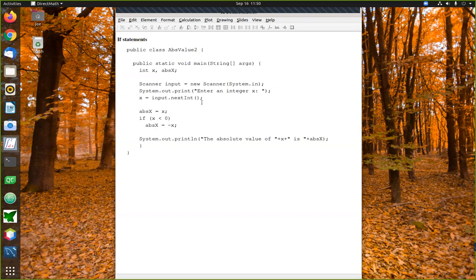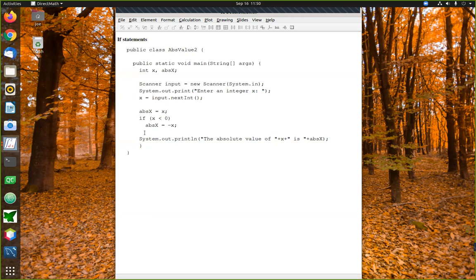Again, we start by asking the user to enter a number, which could either be positive or negative. The first thing we do is copy that number into the second variable, the absolute value variable. But then we say, hey, wait, there's the possibility that that number was negative. If it's negative, I need to do something different. So for that, we'll use an if statement. We'll say, if the number they just entered is negative, what I need to do instead is put the negative of x into the absolute value.